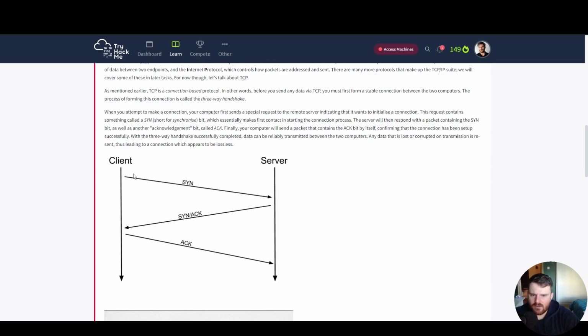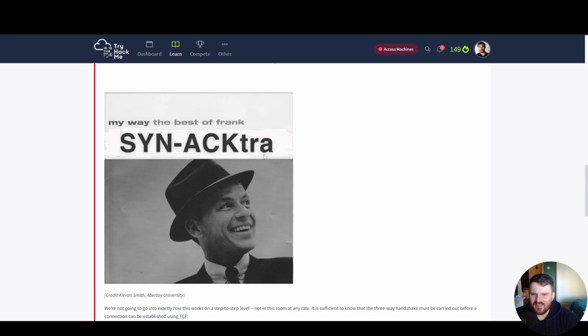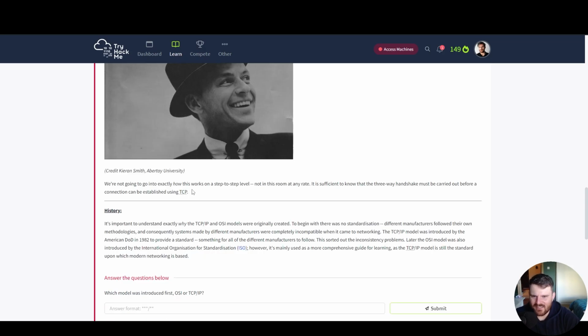lossless. We have here a request between a client and a server, and here we can see the communication from the client to the server with the initial synchronization, and then from the server the synchronization with the acknowledgement, and then we send back the acknowledgement, thus creating the connection. We have here SYN, SYN-ACK, ACK, a way to remember the three-way handshake. We're not going to go into exactly how this works on a step-by-step level, not in this room at any rate. It is sufficient to know that the three-way handshake must be carried out before a connection can be established